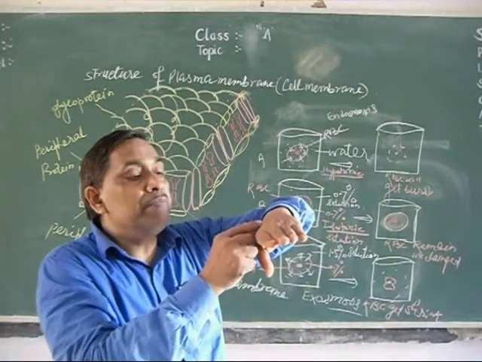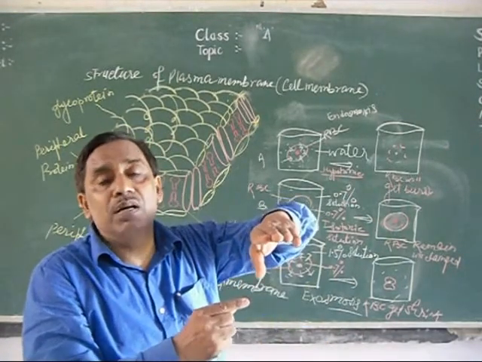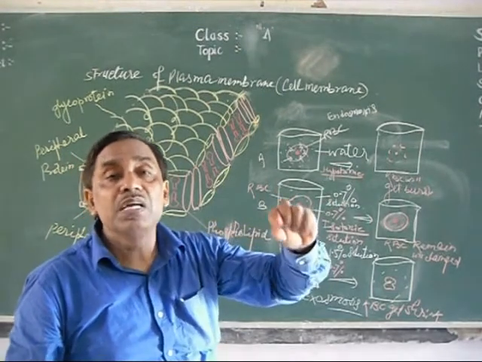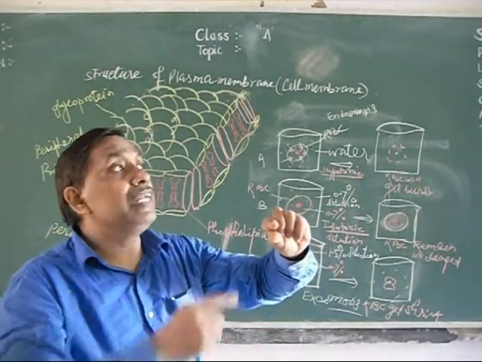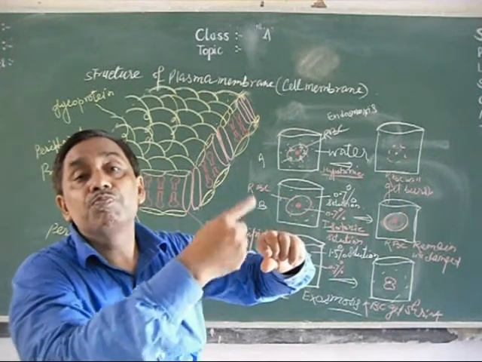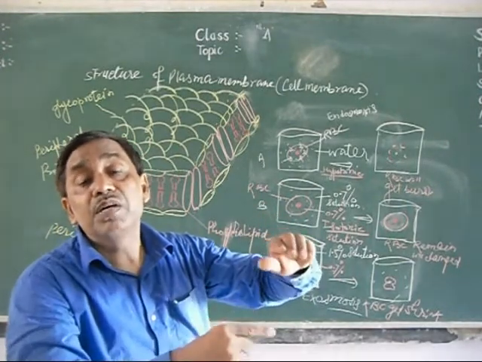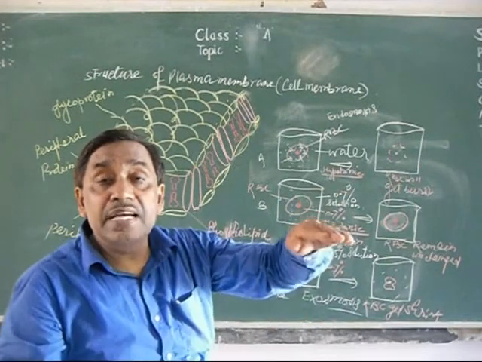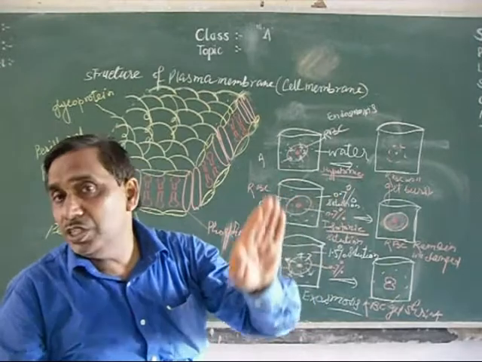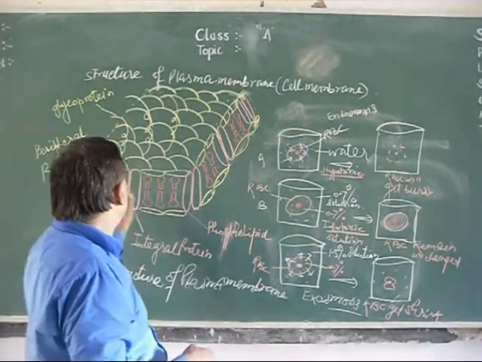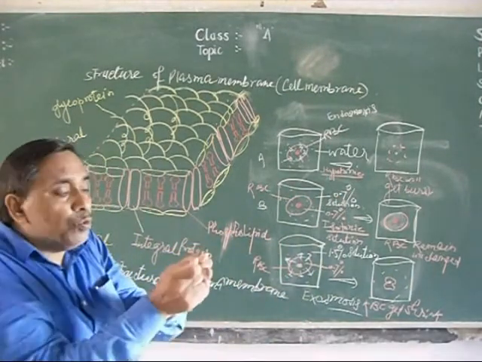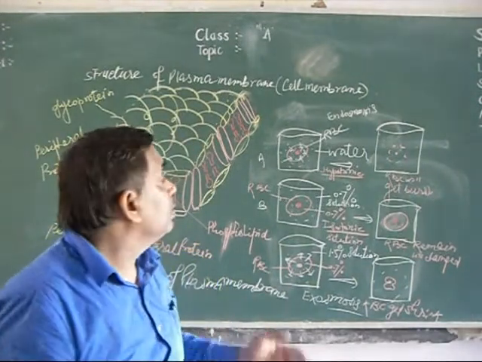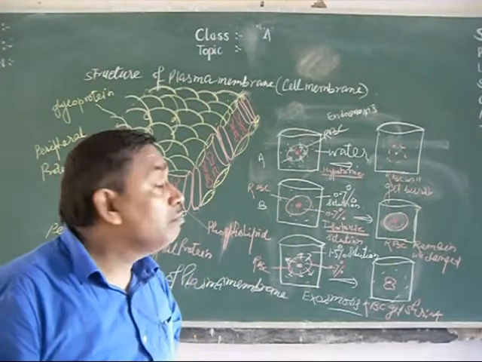Suppose the membrane of the axon, that is the axolemma of the nerve cell. In normal condition, it allows only potassium to pass, not sodium. But in the excited state, when any stimulus comes, then it allows sodium ions to pass also. So it depends upon the channel opening, and then the other molecules can pass across it through carrier protein.